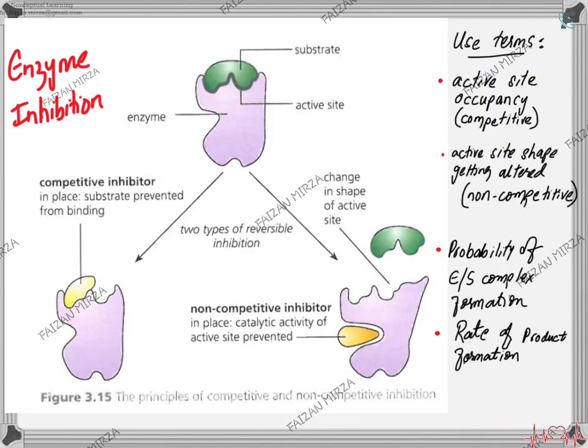This is called non-competitive inhibition. So you can see that the competitive inhibitor does not need to have the exact same shape as the substrate. It can have a different shape, but it will form a bond with the active site. The active site becomes occupied. In non-competitive inhibition, the allosteric site becomes occupied, and the active site shape changes slightly, so the substrate cannot